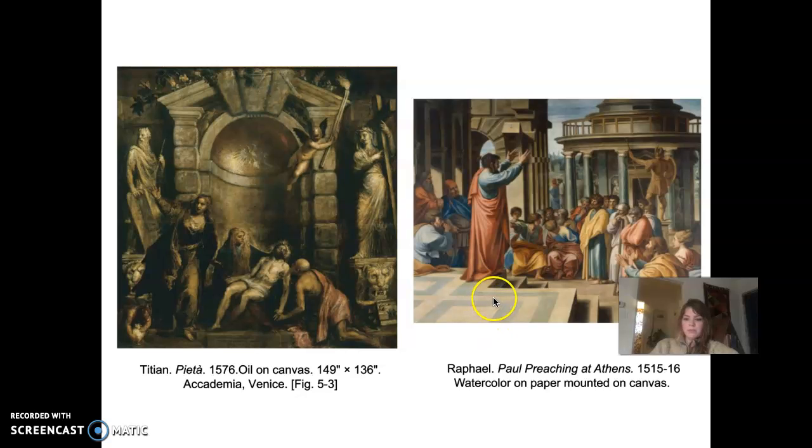This is Raphael's Paul Preaching at Athens. So this actually came before this painting by Titian, and Titian's is on the left. Titian understood the painting methods that were popular at that point, the very smooth brushwork used by Raphael and some of his predecessors, but he went beyond this and chose to make his brushwork loose and more painterly. You can see the individual brush strokes in this piece. It's almost blurry and a little bit looser of a style. He's not meticulously blending every single brush stroke in.